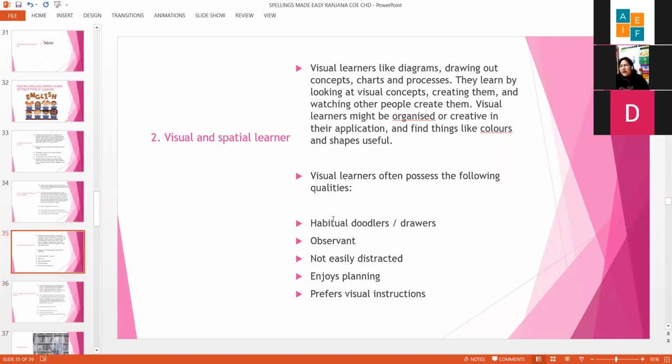So visual and spatial learners, they are very observant. They are not easily distracted, but they need a diagram. So they need something to be drawn. And at times, a few teachers speak and speak a lot, but they do not want to use the blackboard at all. So just imagine again, you are just reaching out to 50%, although your strategies are very good, although your lesson plans are excellent, but still, that type of learning is not happening in the class.